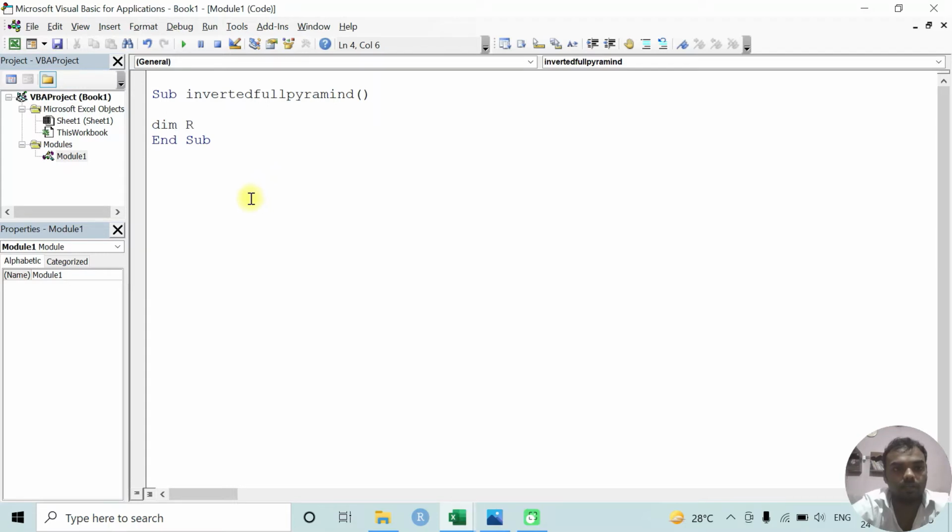Dim rn, cn as integer. For rn equal to 0 to, let's take, 5. For cn equal to 0 to 5 minus, here take